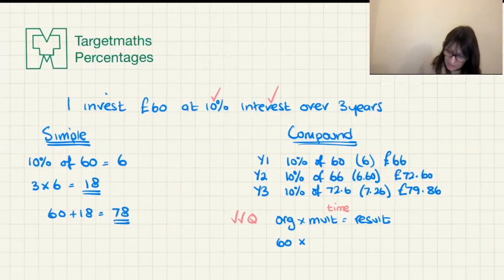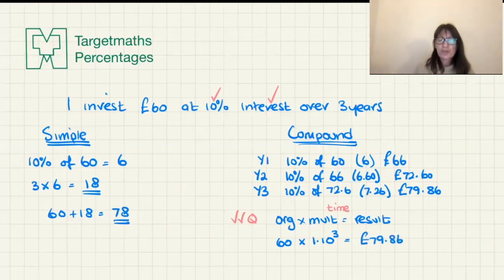Now, a 10% increase is going to be a 1.1. You could include the 0 if you want. That's my multiplier over 3 years. And when you put that into the calculator, you will get the same result. So that's our shortcut method. We're going to use the original times multiplier because it's a 2-tick question, but we have the add-on of time, that this is repeating in a cycle. Okay, so